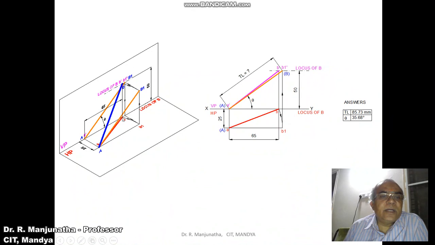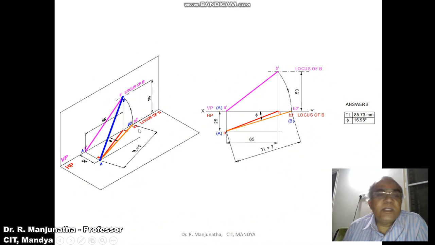Now we consider the top view line, which is AB. You make that line AB parallel to VP. So with A as center, when AB is rotated and made parallel to VP, when you look from the top view, you get the projection AB1, which is the one made parallel to VP here. Then it is projected onto the front view, so that you get A dash B1 dash. That is what we have done here. A dash B1 dash is going to be the true length line. So this is AB1, this is the true length, and when this is projected, you get A dash B1 dash. Similarly, we can take it from the top view.